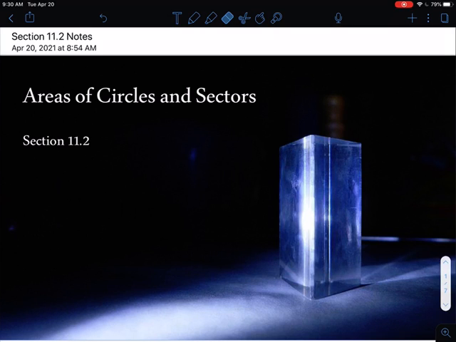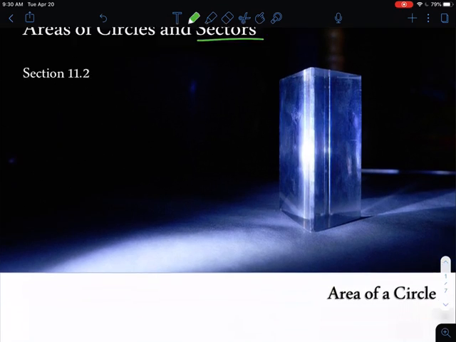All right, so today we're going to talk about circles again. Yesterday we did circumference and arc length. Today we're going to go into areas. So we want to start with the area of the entire circle, and we want the area of what we call sectors. And that's something we're going to discuss as we go through. But circles and sectors are what we focus on today, a lot like we did circumference and